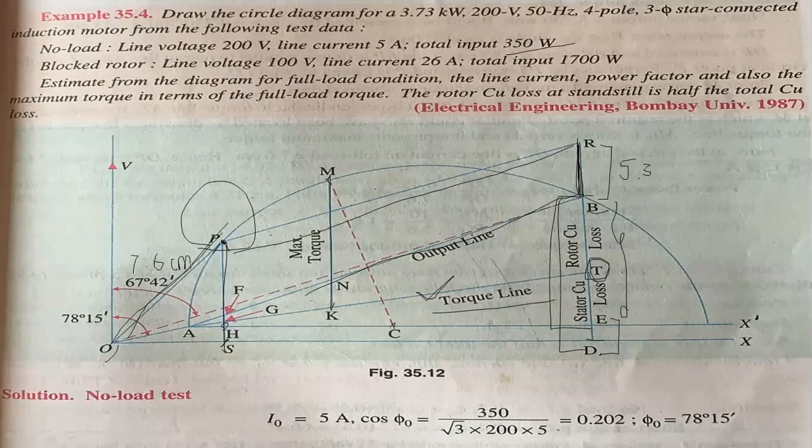Right? Now power factor on full load. So you will now calculate the power factor on full load. How can we write it? Power factor, cos phi, you have to write. How will you write? See here, this is the point S and this is P. So if you write SP by OP, this is the angle. This is the total triangle you are taking. So SP by OP, you will get the cos phi, right?